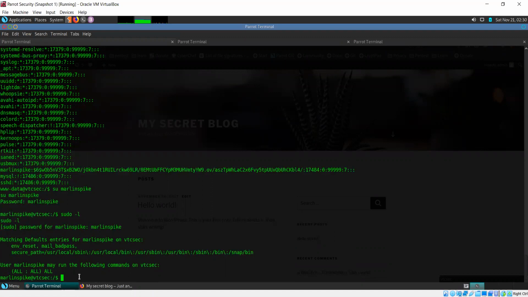So basically you can do anything as root, and getting root access is very simple now. All I have to do is spawn a shell with the sudo command. So I can write sudo and the Python command again for getting a shell.